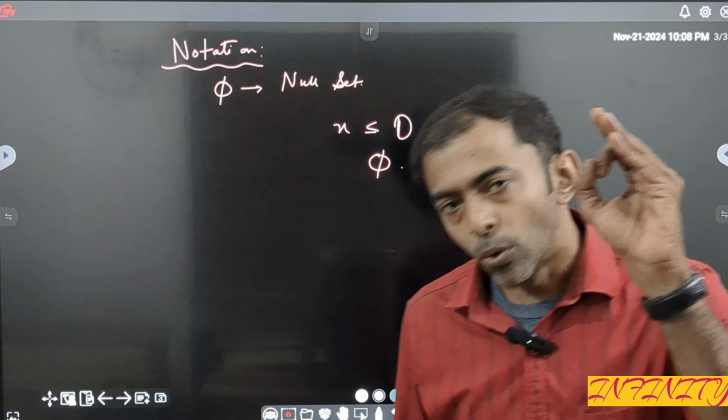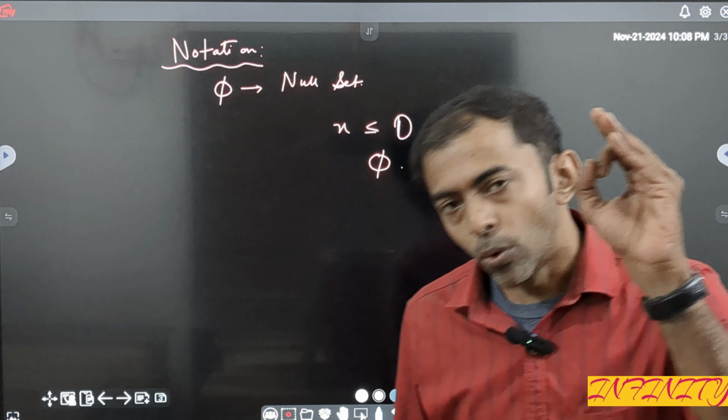In case of a singleton set, a set consisting of only one element, or a single element, is known as a singleton set. Look, this one is a singleton set consisting of only one alphabet, that is B. It is a singleton set. Okay. Now,